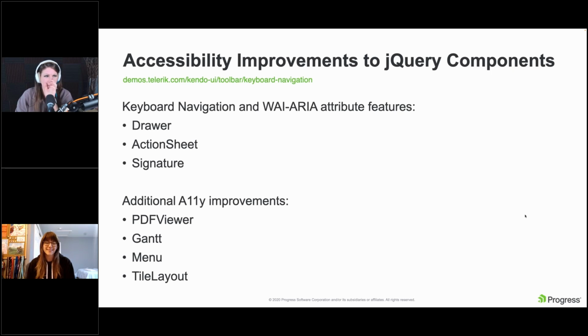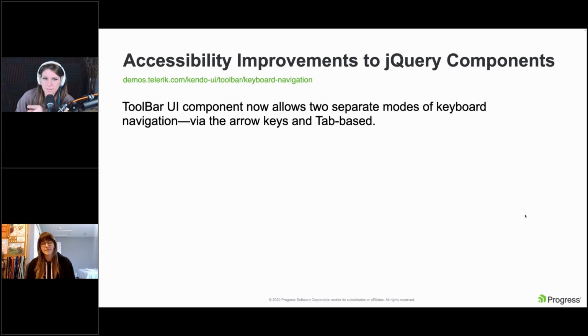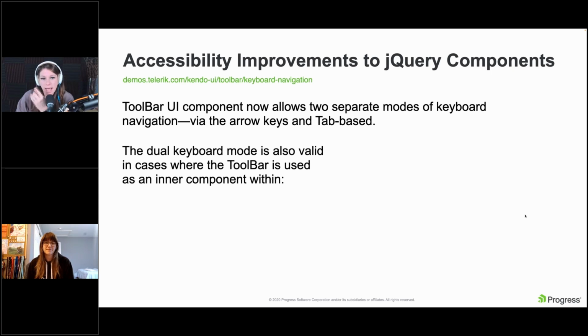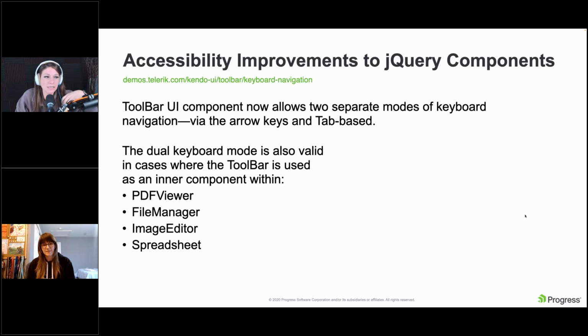So I have one more call out on accessibility. The toolbar UI component allows two separate modes of keyboard navigation, with the arrow keys or tab based. And the dual keyboard mode is also valid in cases where the toolbar is used as an inner component within other components, because oftentimes, as I mentioned, we will have nested situations where the toolbar is inside the PDF viewer, it's inside the file manager, it's inside the image editor. So these accessibility improvements don't only apply to the toolbar, but to everything that's using the toolbar,